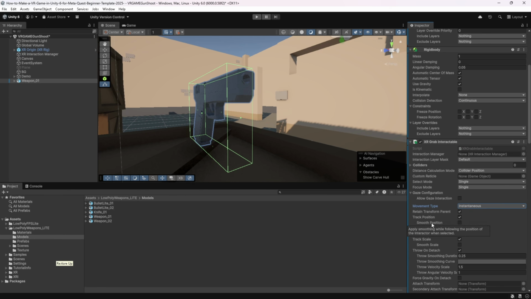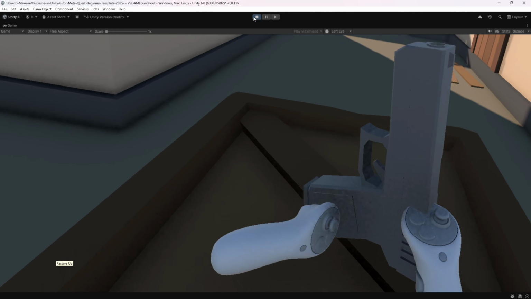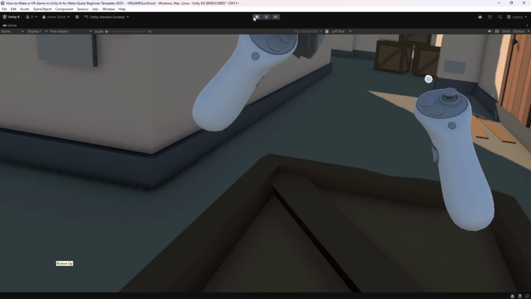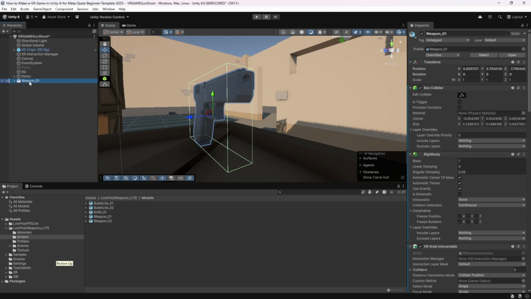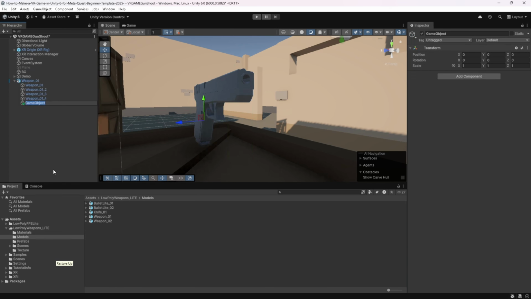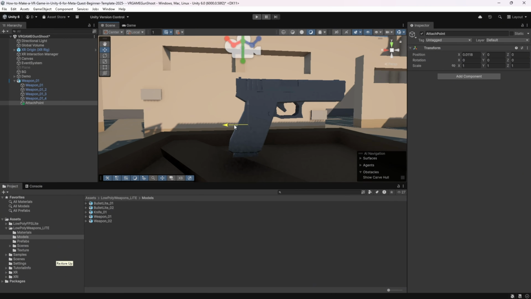Let's test it quickly. Enter play mode and try grabbing the gun. I can grab the gun with both controllers, but it feels a little off, so let's fix that. Select the weapon, right click, create empty, rename it attach point, and this is where the player is gonna grab